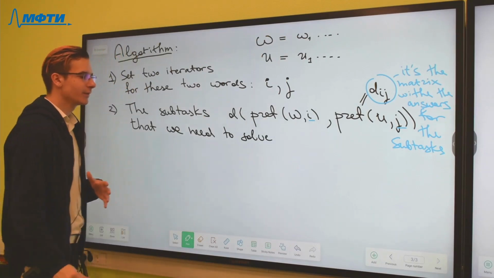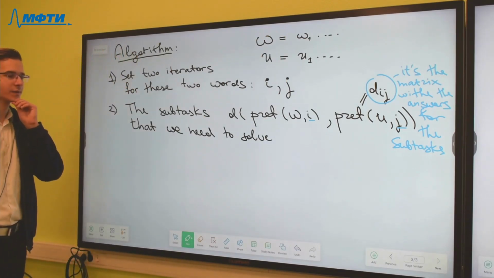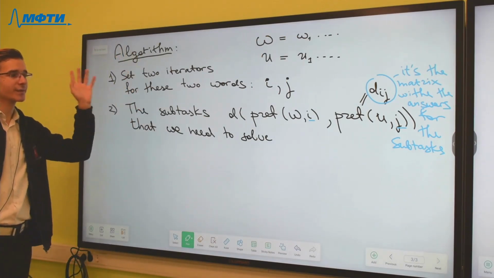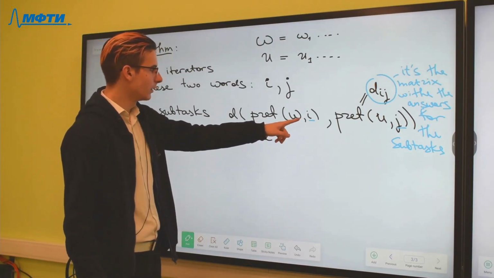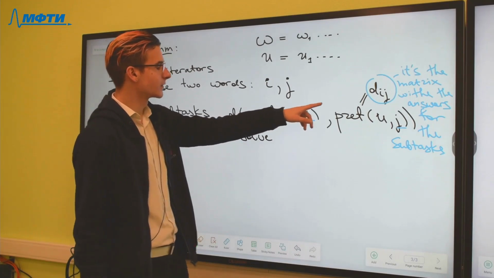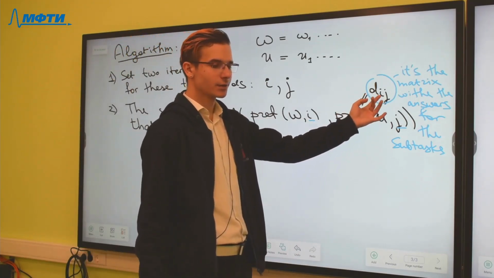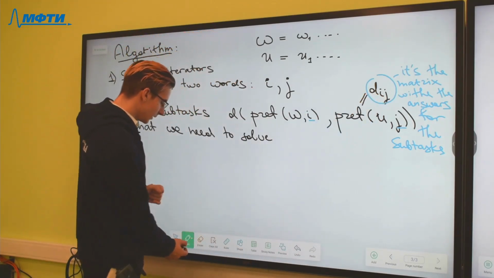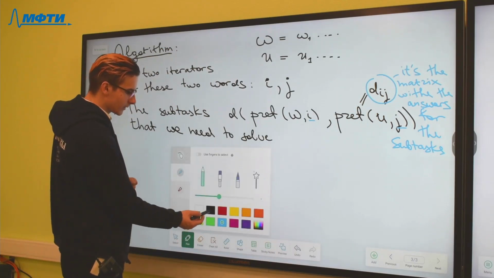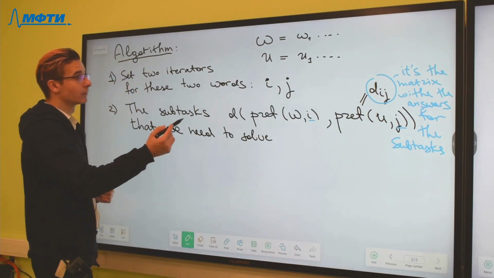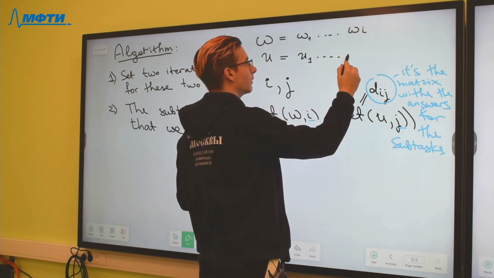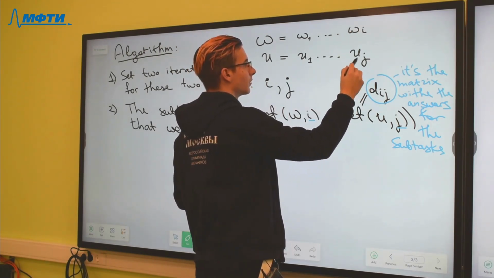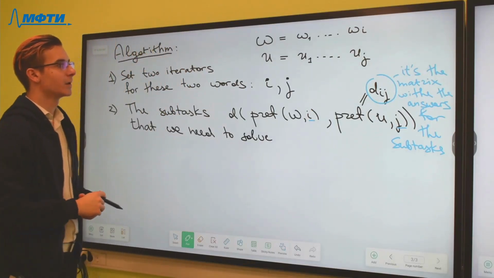And for example, we know answers for some subtasks with the fewer iterators E and G. So if we add new characters UG and WE,